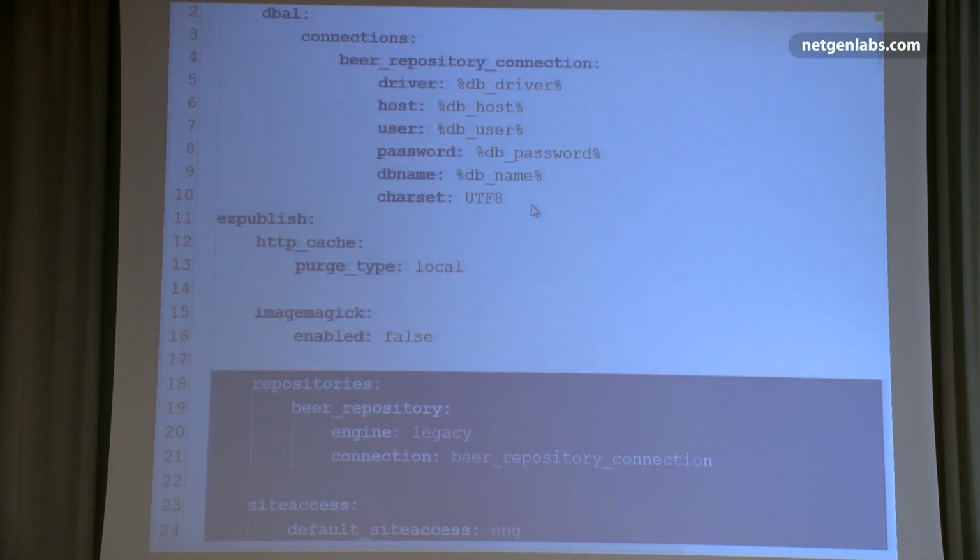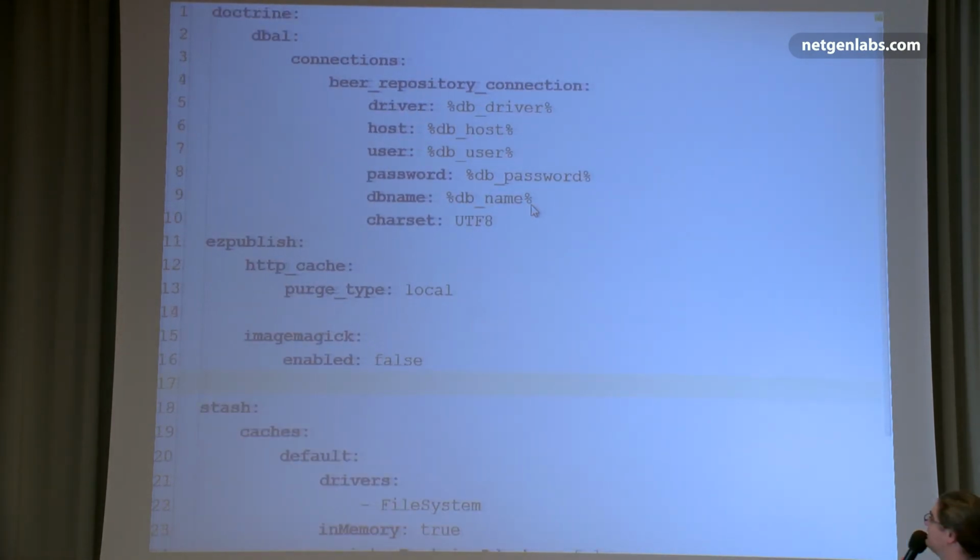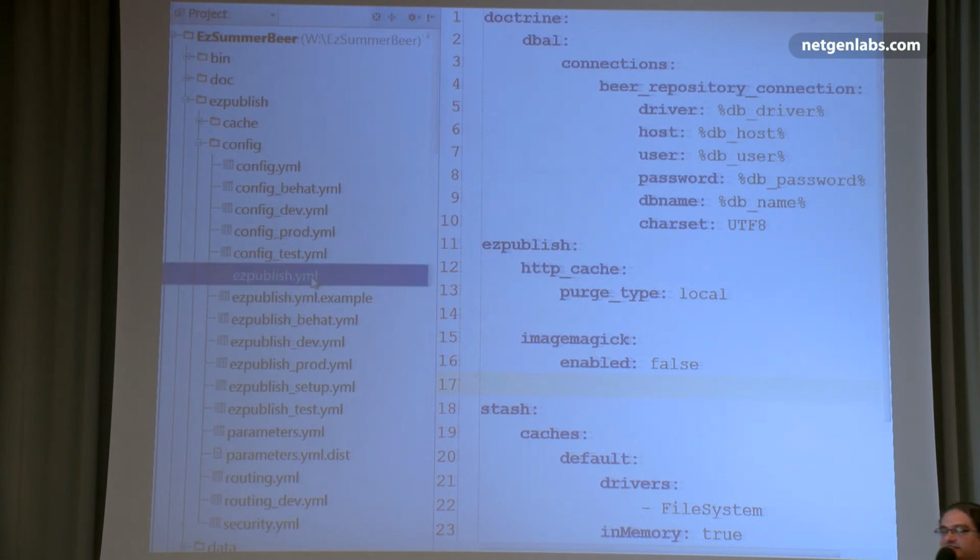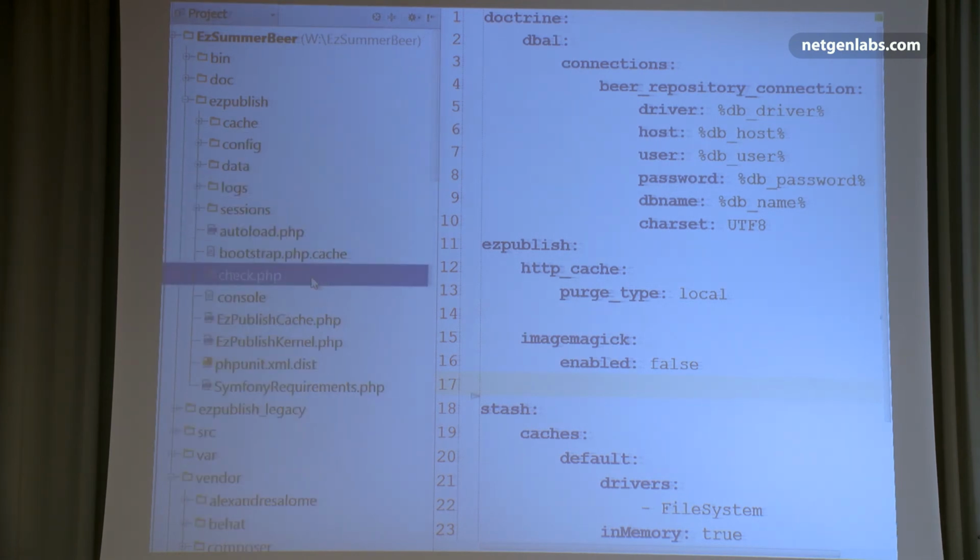Yeah. If you don't group settings in dedicated files, you may have a huge Ibexa Publish YAML, and that can be a pain to maintain. So